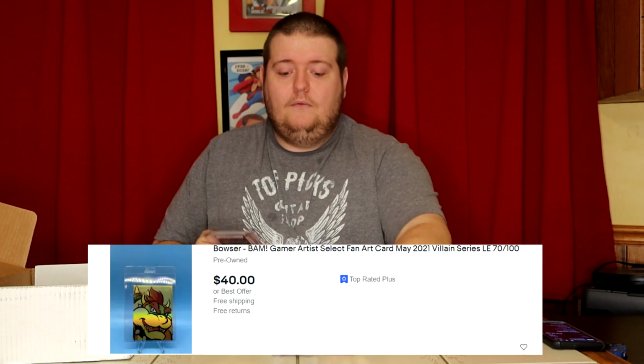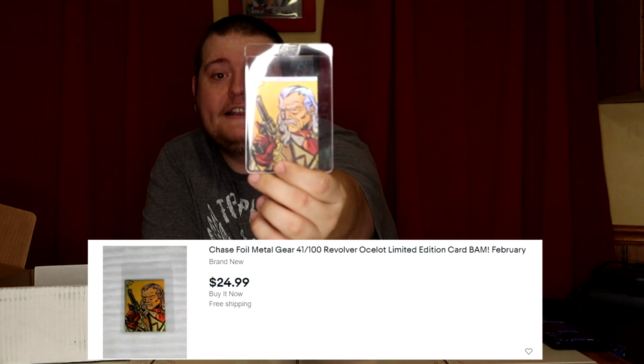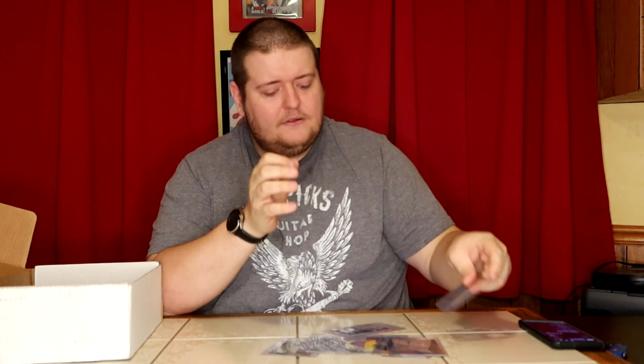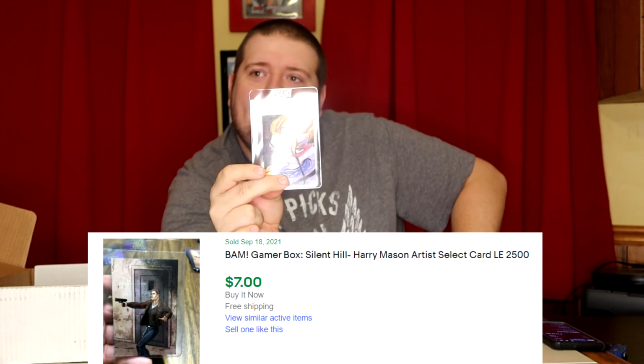Some more of these cards, and these cards usually go for $6, $7. So you know, 1, 2, 3, 4, 5, 6. I'll show you all. Ooh, that's a cool one. That's actually one of the limited ones of the card itself because it's foil. I don't know if it's going to shine very well on camera, but he's foil. I don't actually know what that's from. Maybe Red Dead. But then you've got Dracula from Castlevania. That looks like something from Resident Evil. I have this one in my own personal collection, and I can't remember the name of it. But then you've got Scorpion,